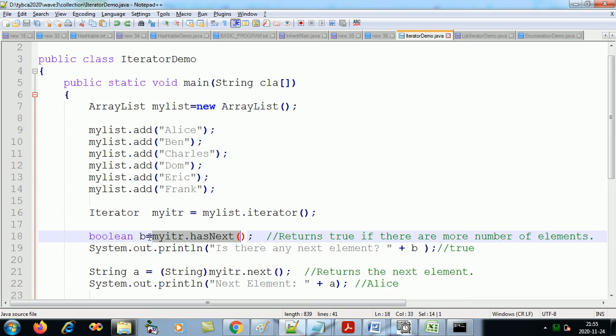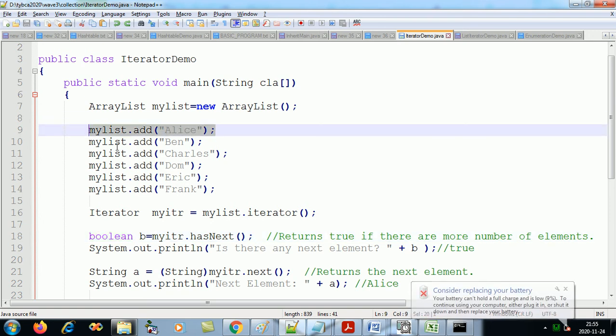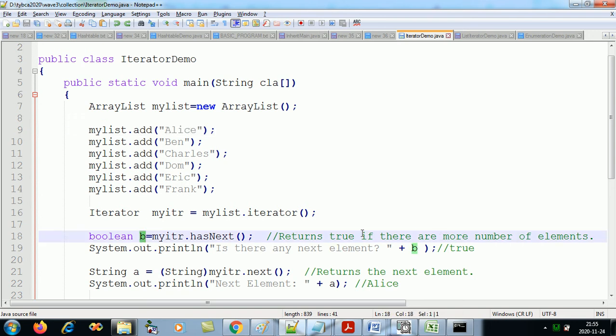What will go in this b? As it is a Boolean object, what will it return, true or false? Does it have Alice or not? Yes, it has. So when I print b, it will say true.